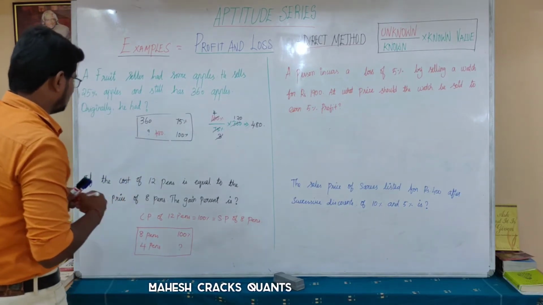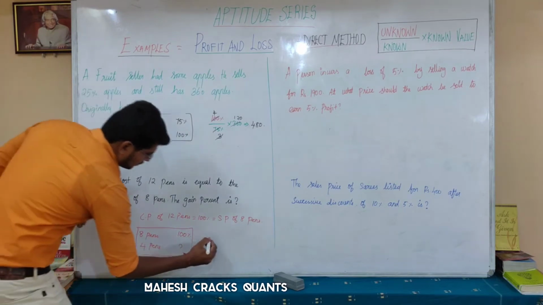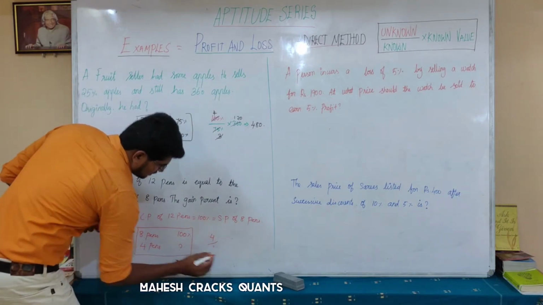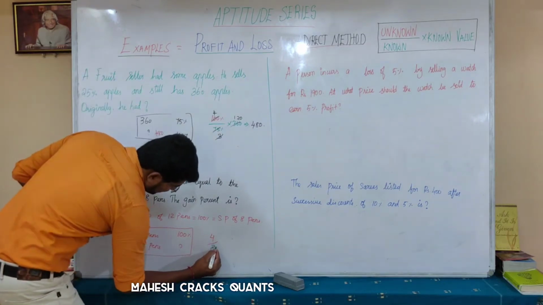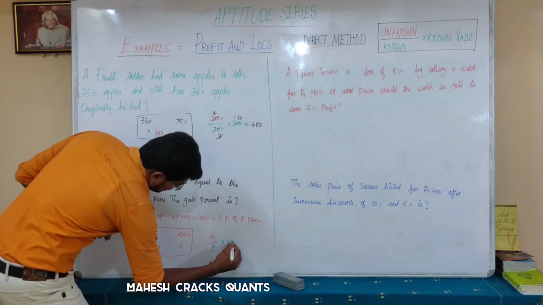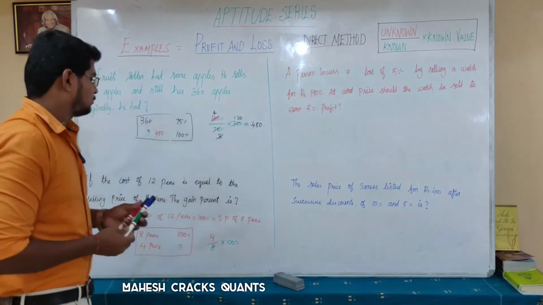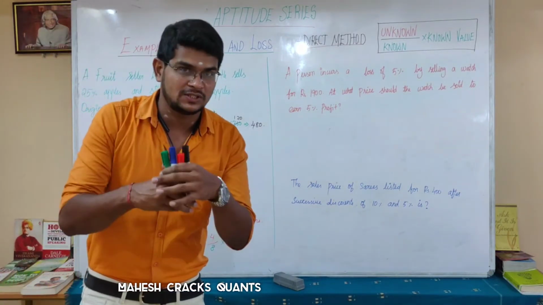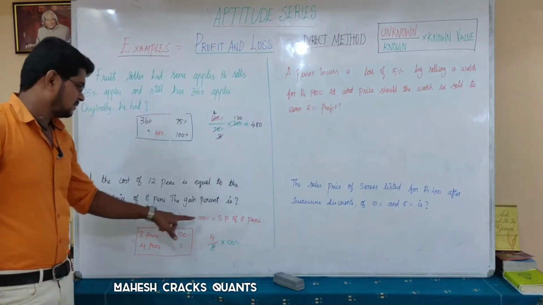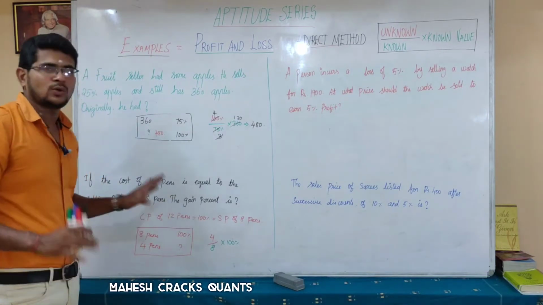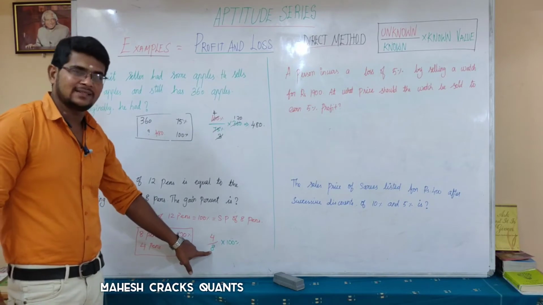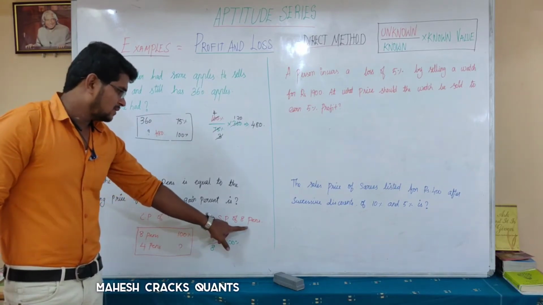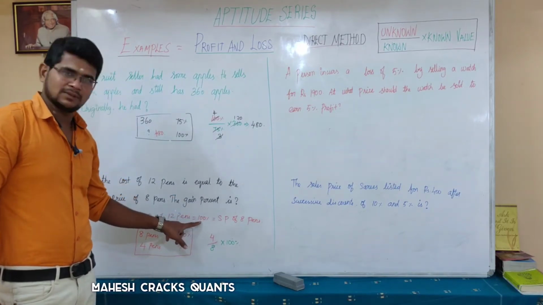So what is the unknown here? 4 pence. Known is 8 pence, which is 100%. Why is 8 100% instead of 12? You might have the question, because 12 pence is 100%. That is what we know. Cost price of 12 pence is 100%. Why are we placing 8 instead of that? Because I know the selling price of 8 pence is also 100%.